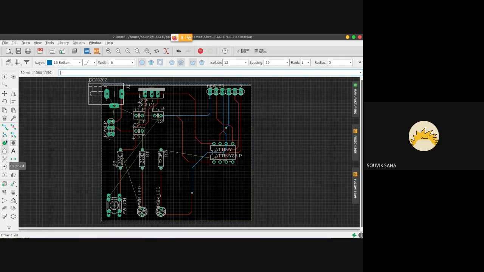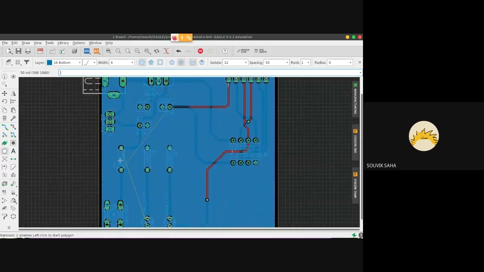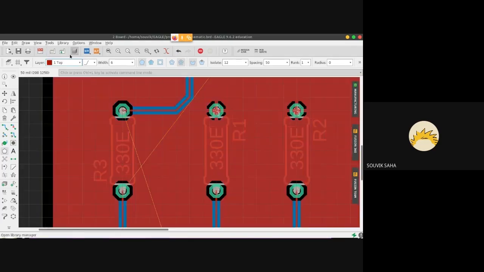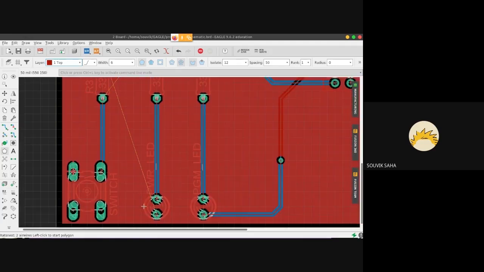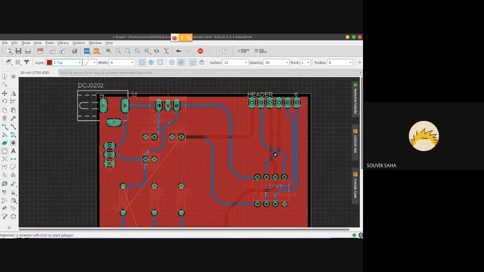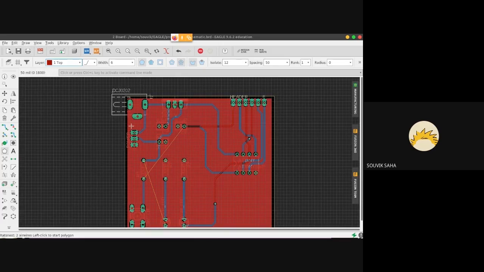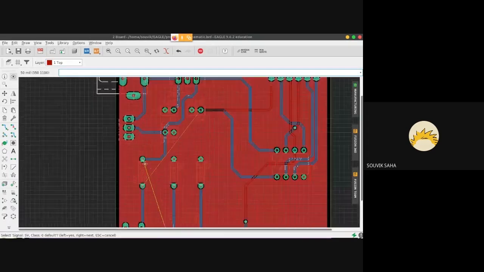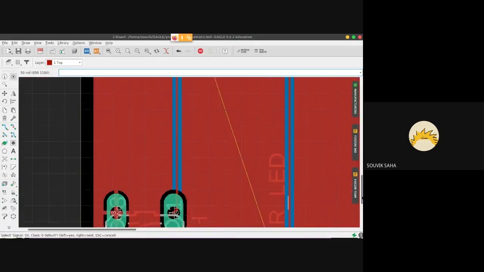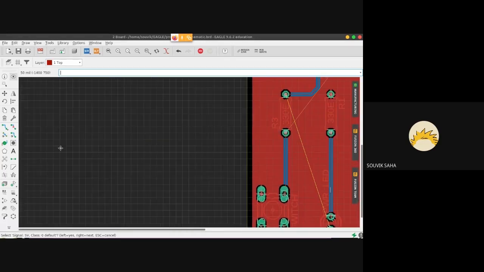Everyone just watch right now. Below the polygon icon, there's this button called ratsnest. If you've selected the isolate distance properly and everything, if you press on ratsnest, you should see something happening. Okay, is there wire left? Okay, one second. So you should see that the entire PCB has filled up. So all the grounds have been completed. There's still some connection that I haven't done. Okay, cool. I haven't routed these 5 volts yet. I'll just do that quickly.